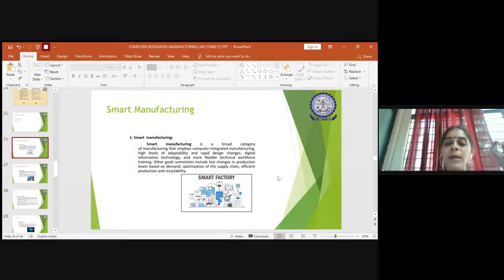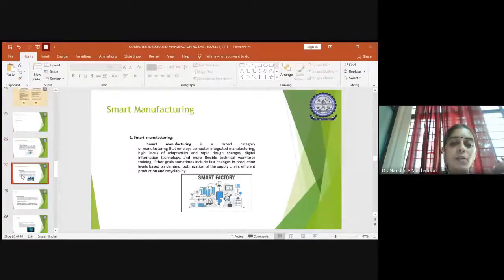You will be doing something, and all of a sudden 3-4 demands come from the market. We need this, these are the requirements. If you go with a normal factory strategy of manufacturing, you cannot satisfy these demands. You should be more flexible. To be more flexible, you should adopt smart manufacturing. So this is one of the concepts.